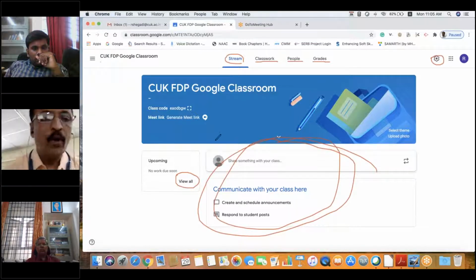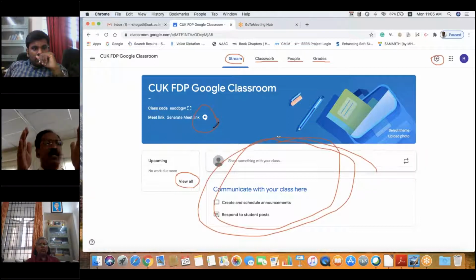One more important thing you can see here is a very latest feature that has been added by Google Classroom. I have marked this: the Meet link, generate Meet link. That means when you are conducting a class in Google Classroom, you can create a meeting, and through this meeting itself, you can manage the online classes.